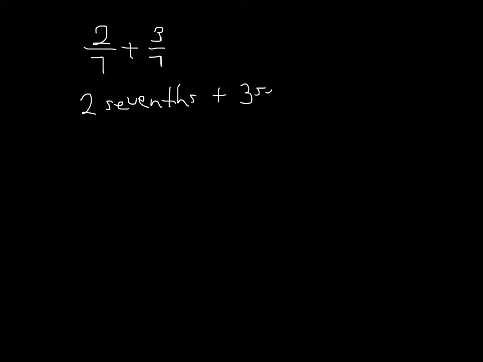First of all, adding fractions, once you have the same denominator, is really easy. For example, if you had 2/7 plus 3/7. Well, if you remember that sevenths is really just the name of the unit, and that's really the key, is understanding that the denominator names the unit. It's not a number to be added or subtracted, it's the name of the unit. So if we think about it, you can even put it in word form, 2/7 plus 3/7. Well, we would add the numbers and keep the units, and so we would get